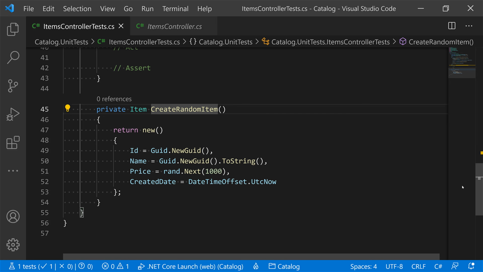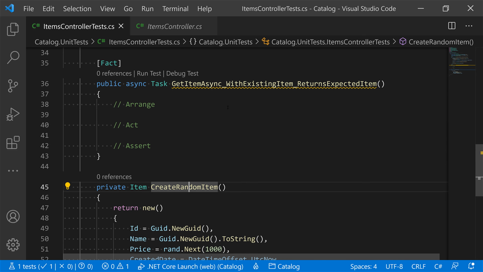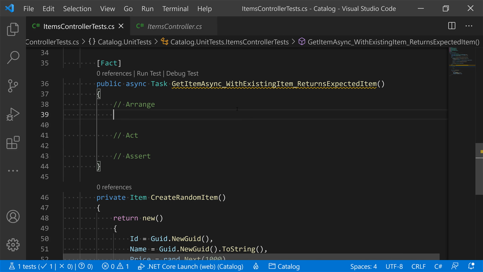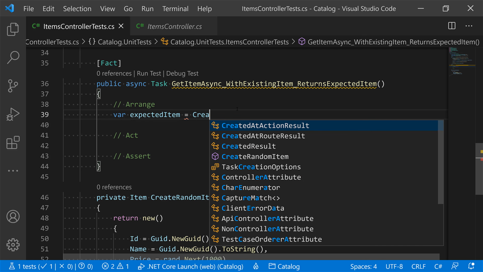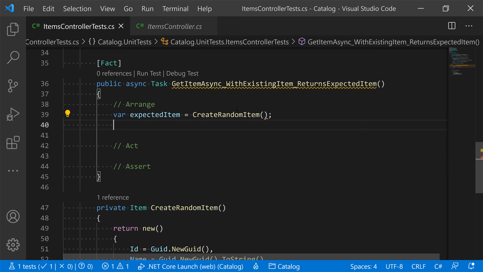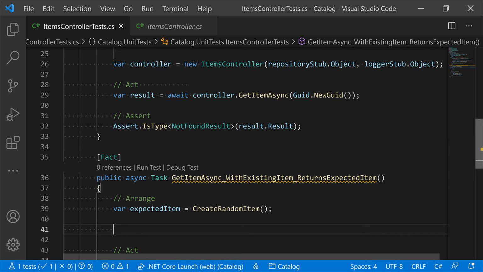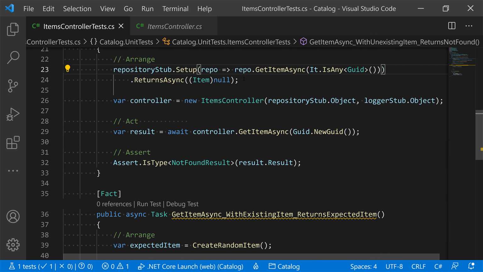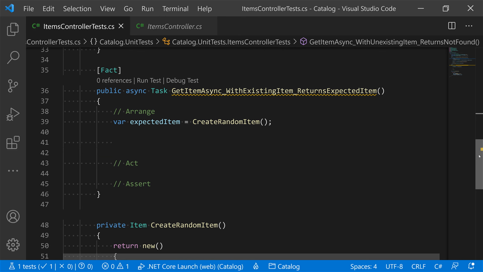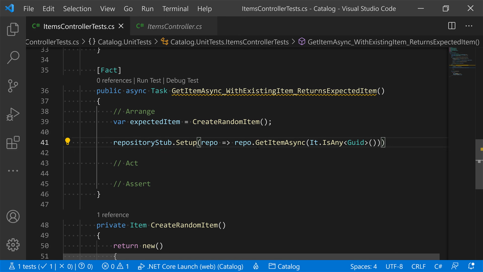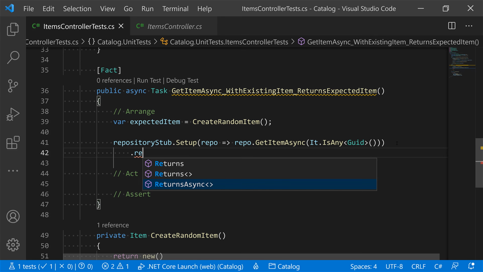Okay, so now that we have this handy method, let's go back to our test case over here. And in terms of arrangement, what we have to do is first prepare the item that the repository is going to return. So we're going to say var expectedItem is CreateRandomItem. Then we have to do the setup for the repository. And that's going to be a little bit similar to what we did in the previous test. So I'm going to copy this first line from the previous test. There. So when we call GetItemAsync, again with any Guid, what we want to do now is return that item. So ReturnsAsync